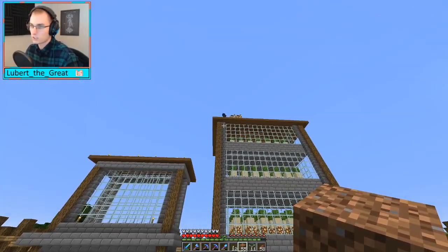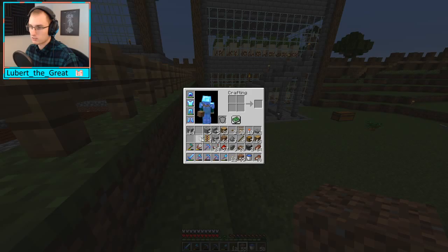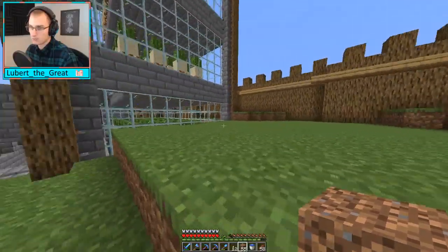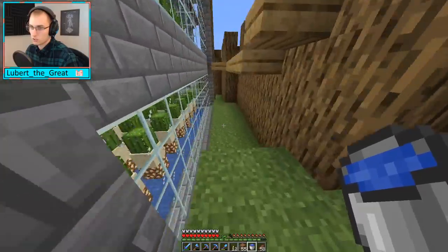Seriously, Wandering Trader, you're on the roof? Are you kidding me? You gotta be kidding me. I want to know what he has to trade, because I'm still waiting for another Wandering Trader to give me Nautilus shells. So I am going to come over here,